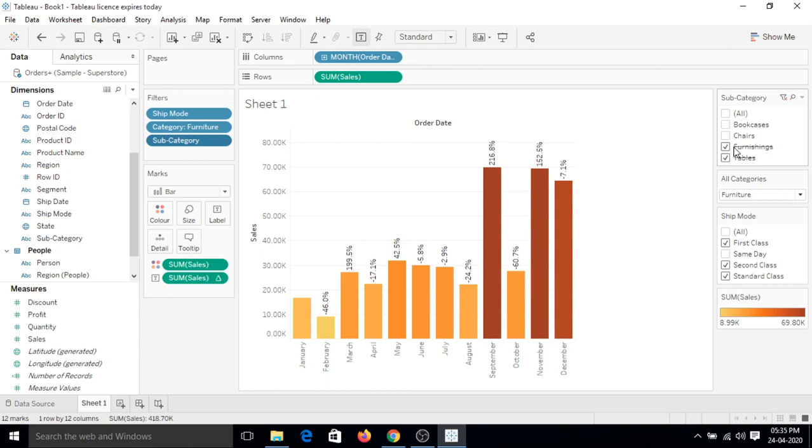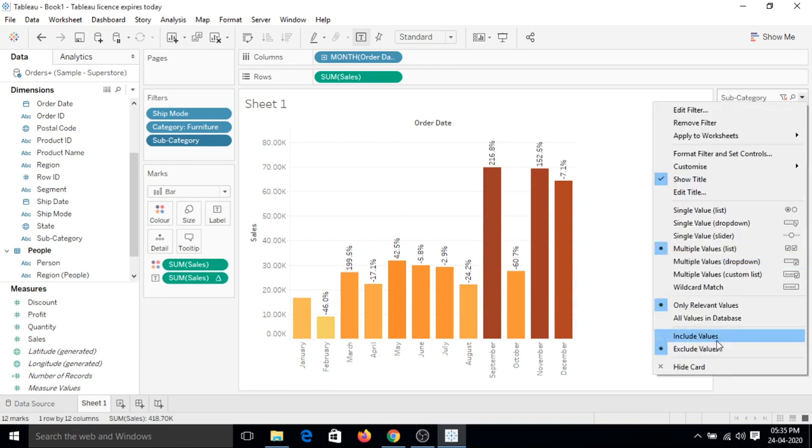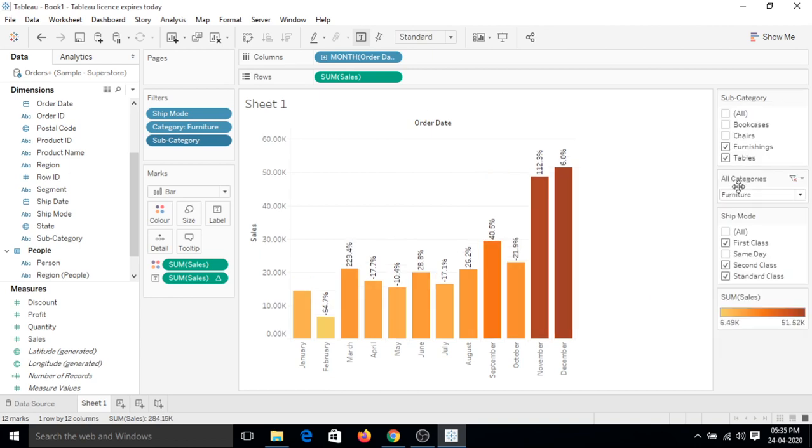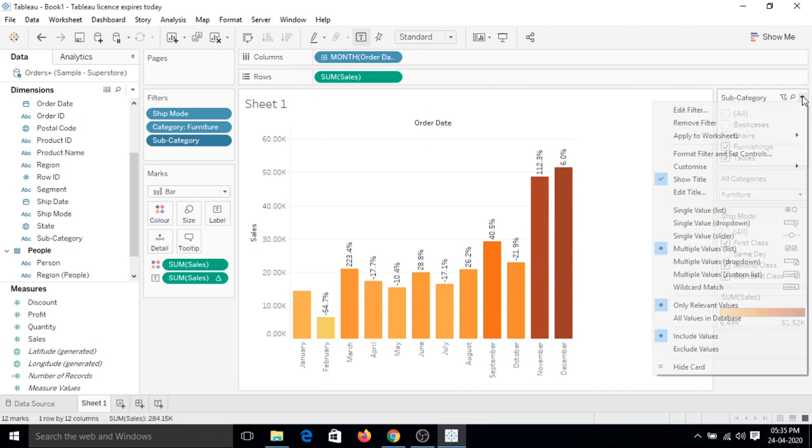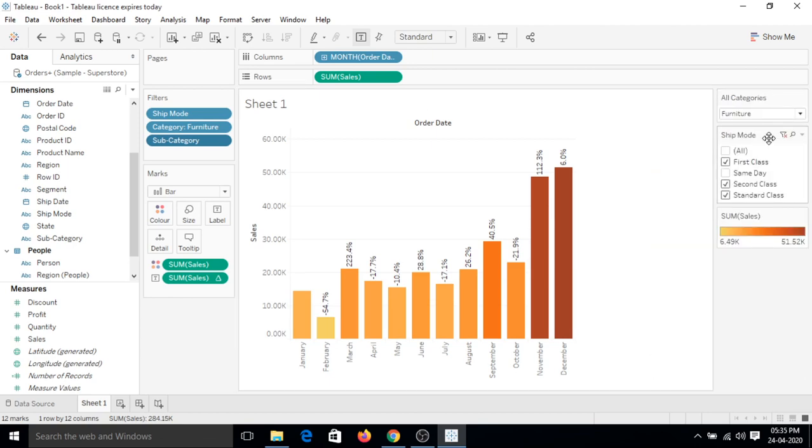So excluding furnishings and tables, it is reflecting the values for chairs and bookcases. But if I select include values, it will be the opposite. It is just reflecting the values for furnishings and tables, but not for chairs and bookcases. And last is hide card. It will be hidden from the right side of your sheet.